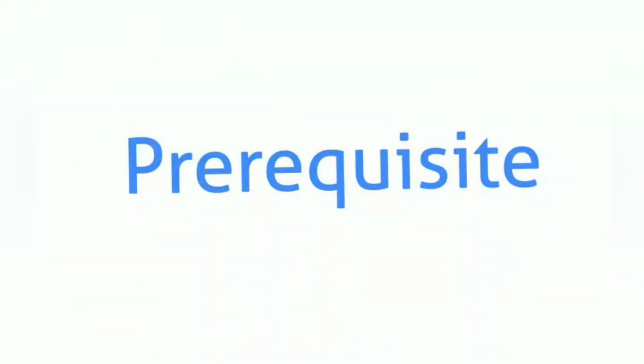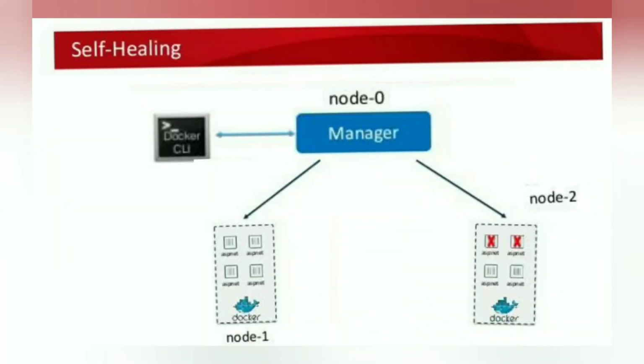Before starting the demo, let's quickly discuss today's prerequisites for swarm mode routing mesh. In this case, I'm using AWS as a hosting server. I have 3 nodes, and all nodes have Docker installed. Among these nodes, one is the master node, and the other 2 are worker nodes. And most importantly, allow port 7946 and port 4789. In this case, I have allowed them from the security group.